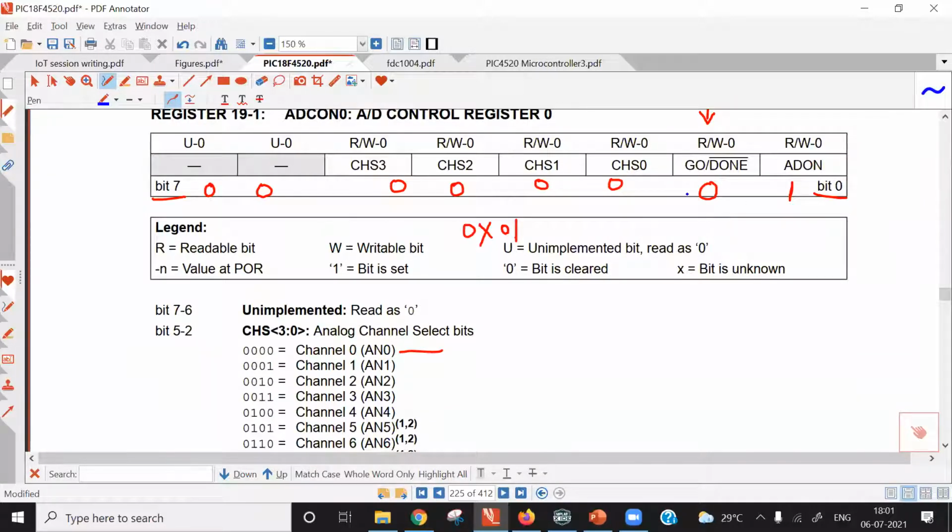The GO/DONE bit is used for two different purposes. When we set the GO bit to 1, the ADC conversion process starts. This bit is automatically cleared by hardware when the conversion process completes. And the last bit is ADON. This bit is used to enable or disable the on-chip ADC module. So in applications where you require the on-chip ADC module, this bit must be set to 1.